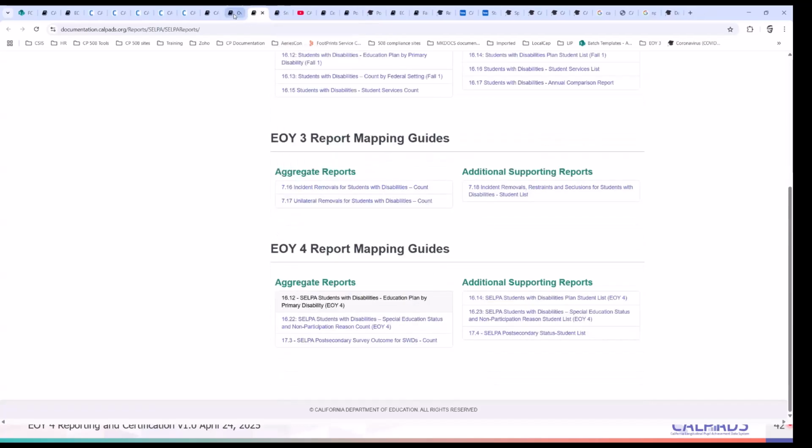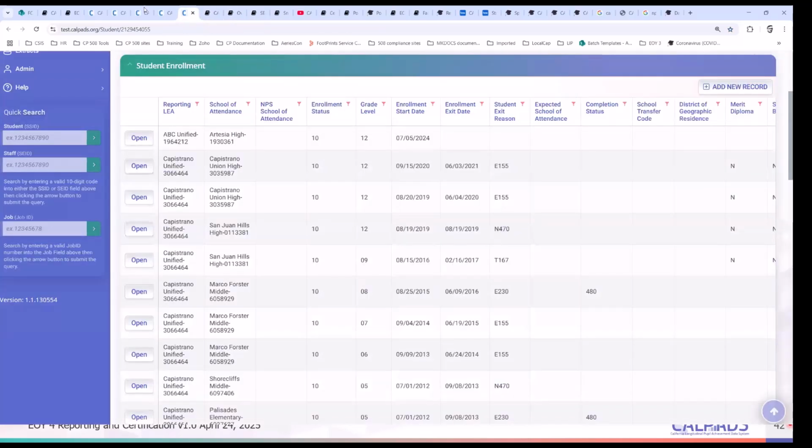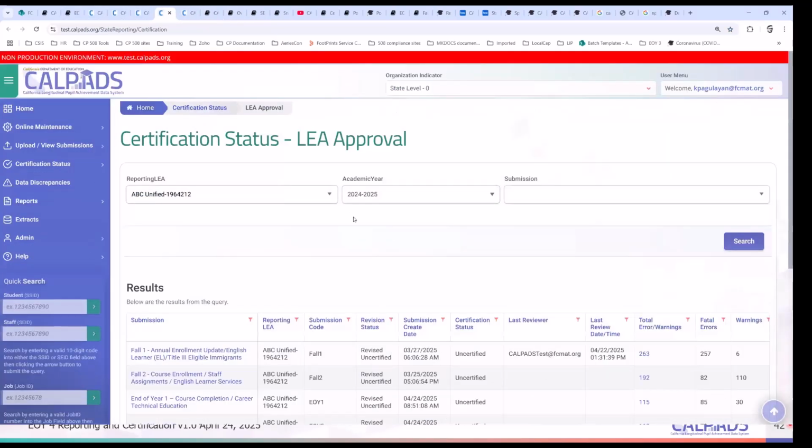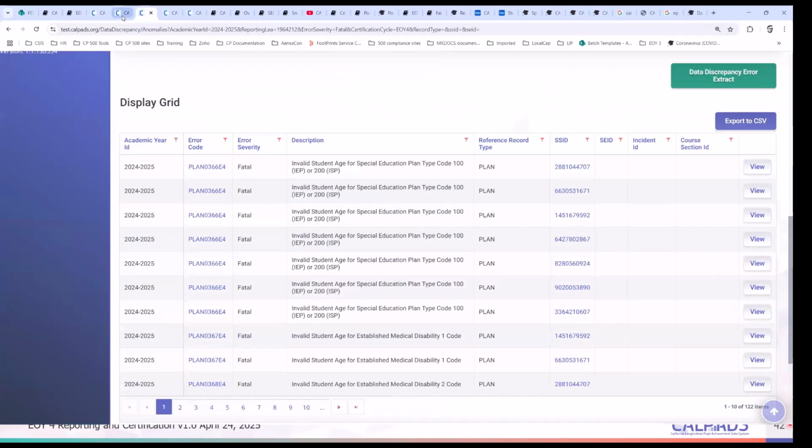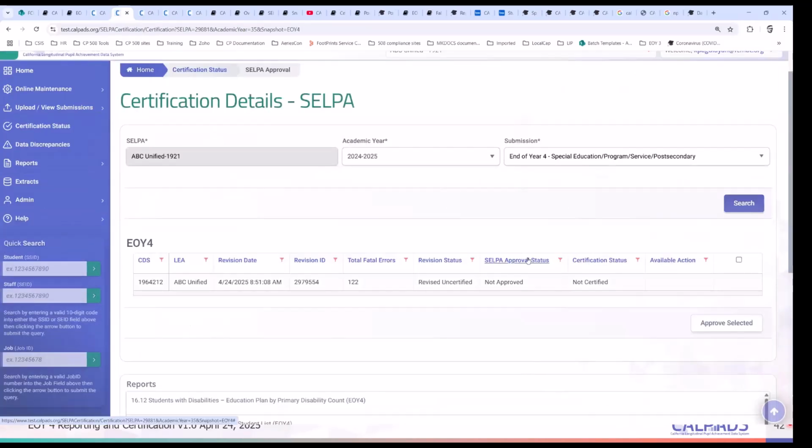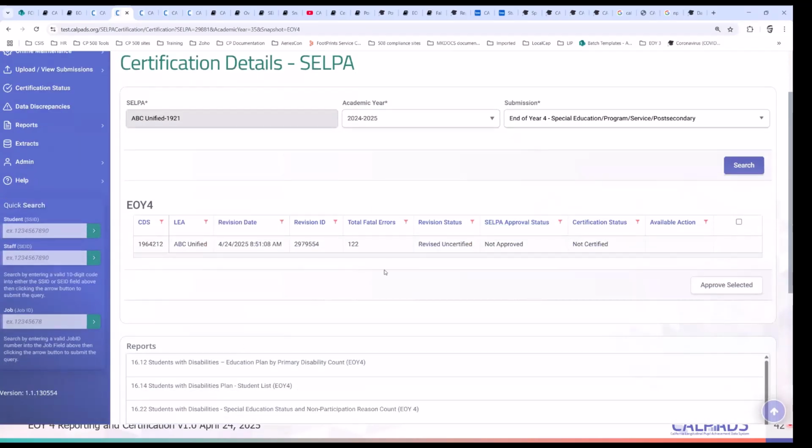Okay. So once you review that, your SELPA reviews it, then obviously they need to approve. If you are LEA approved here, then there would be an action here that says approve.